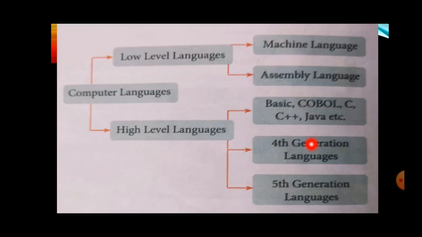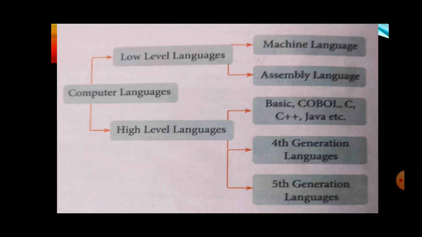Student, 4GL is designed to be closest to the natural language of humans than the 3GL. Languages for accessing databases are often described as 4GL. Programming is easy as 4GLs are user friendly. Examples of 4GL are SQL, Mantis, Ruby, etc. You can refer to your computer book also. After that student, fifth generation language comes into existence. And this language is developing. It is not fully developed.